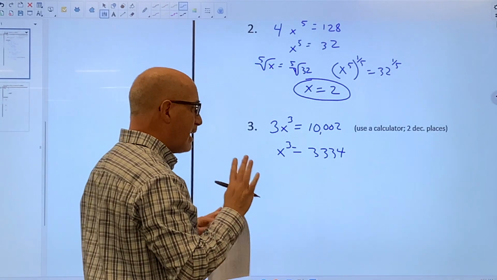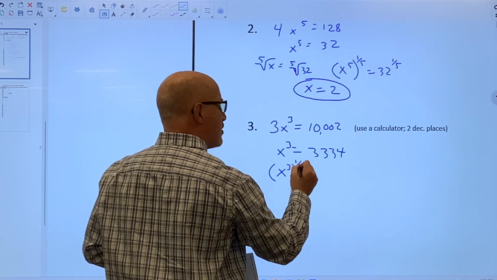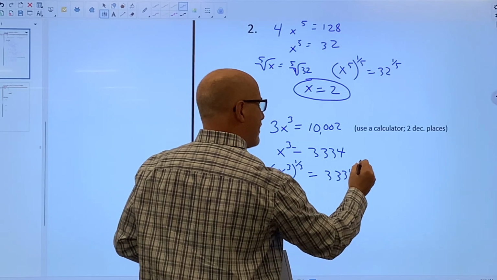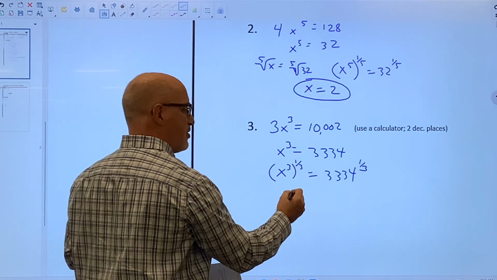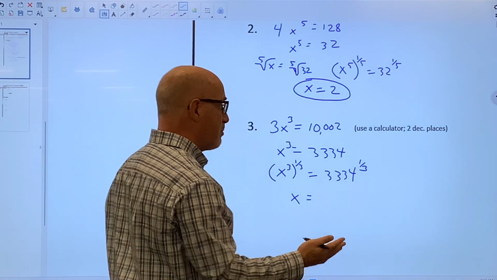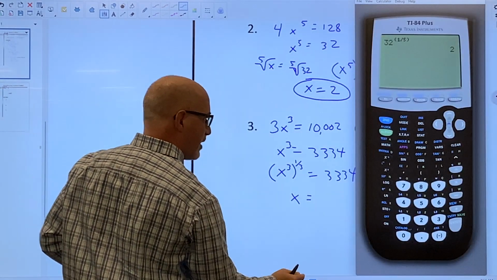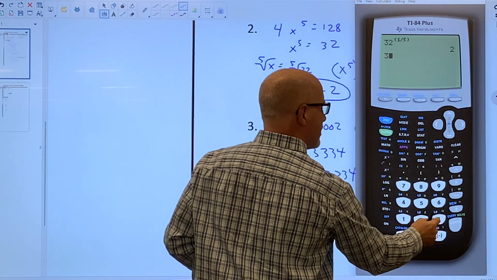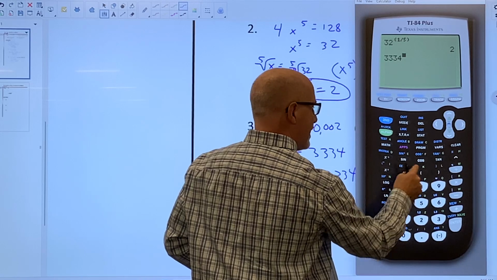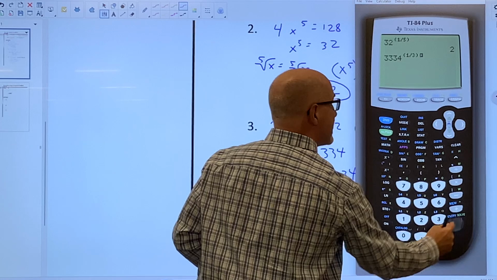Now I've got to take, again, for this one, there is a cube root button on your calculator in some of the menus, but what I'm going to do is just use instead the fractional exponent as a reciprocal. That will get rid of it because 3 times 1/3 is just x to the first. It's an odd exponent, so we'll only get one answer, no plus or minus. But I need to do this 3,334 to the 1/3 power on my calculator. So let's enter in 3,334 and raise it to the 1/3 power, 1 divided by 3, and I get as an answer